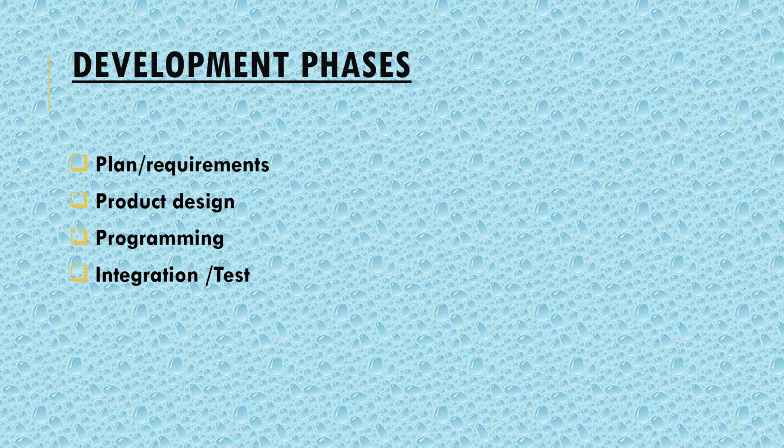Then the second, we have the product design. This is the second phase of this advanced COCOMO development cycle, and it is concerned with the determination of the product architecture and the specification of the subsystems. Then the third, we have the programming phase, which is the third phase of the development cycle, and it is divided into two phases. The first one is the detailed design, in which we are creating the blueprint or the architecture of the entire system, and the second is the code, or you can say the unit testing, in which we implement the actual code and do the unit testing.